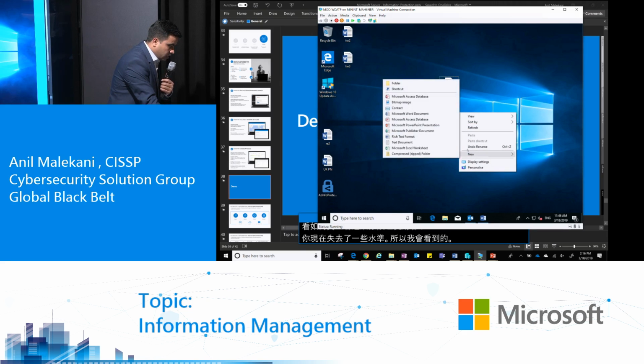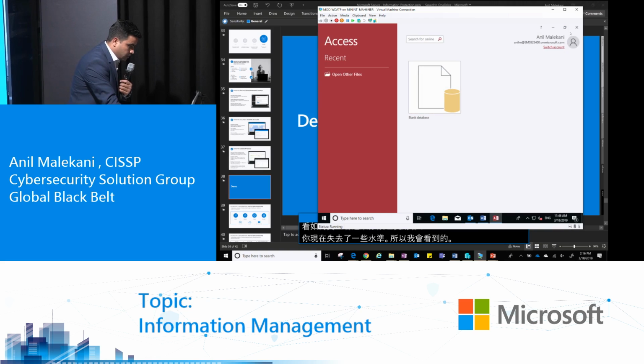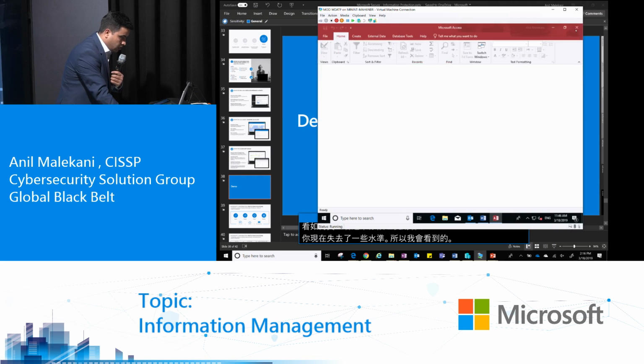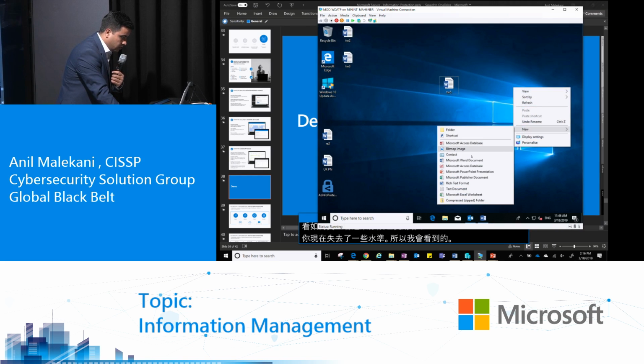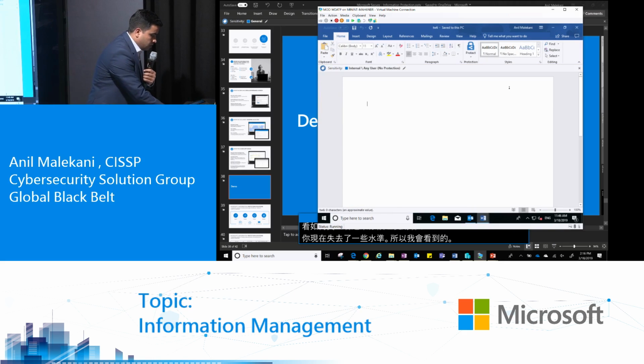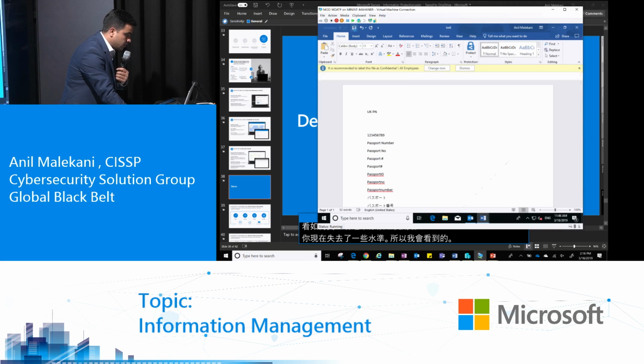Now, if you look at creating a Word document, let's say I create a Microsoft Word document, let's say I close this. So I come outside of this, do a right click, and say create a new Word document. Let's say give a random name, and try to do the same thing on this document, right? Copy all this sensitive data, and if I try to save this, this is going to get a recommendation, and I can say change now or dismiss, and if I say change now, it is going to change it. If I say dismiss, it will not